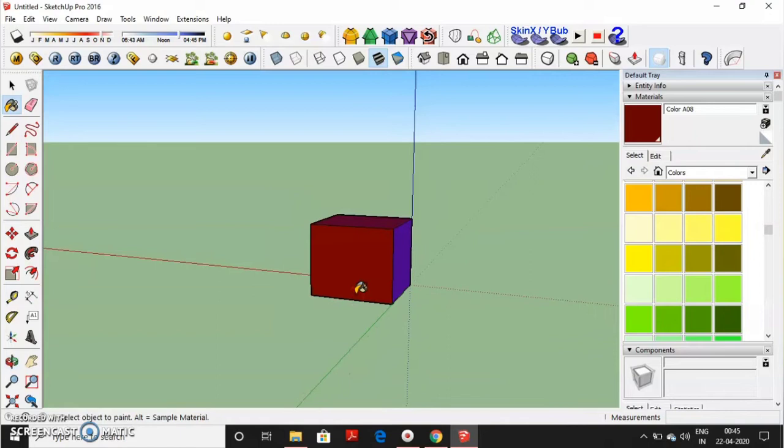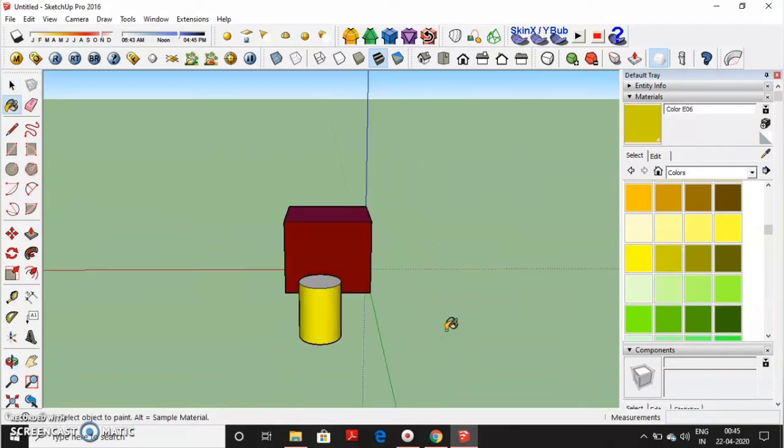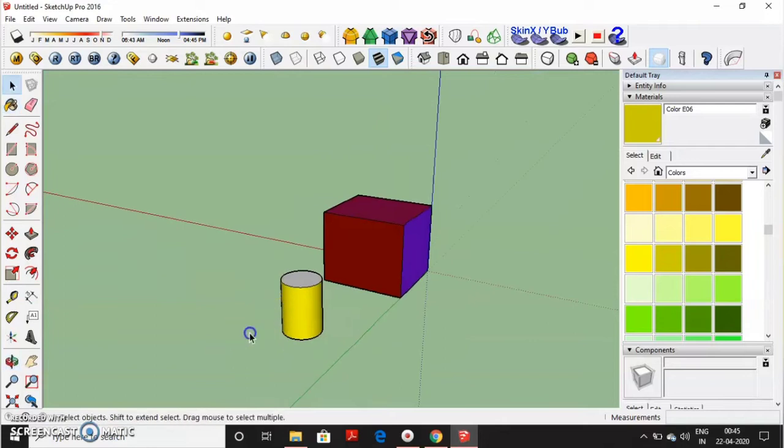To check the reflection property, I will make a cuboid, say a different type of surface, a cylinder, and I will give any default color to it. One more thing, what if I have to give a particular material to the same color?